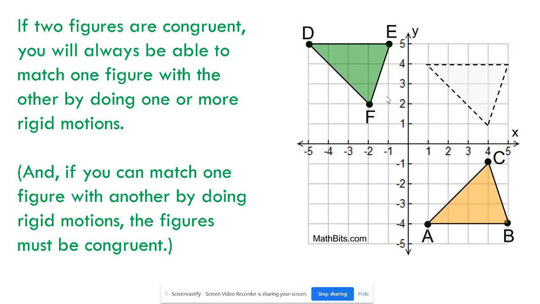So if you look at this diagram here, we have a triangle ABC. And we have this dotted line triangle. And if you look at the dotted line triangle, what they did here is they reflected triangle ABC over the x-axis. And they got this dotted line triangle. Then they took the dotted line triangle and they translated it